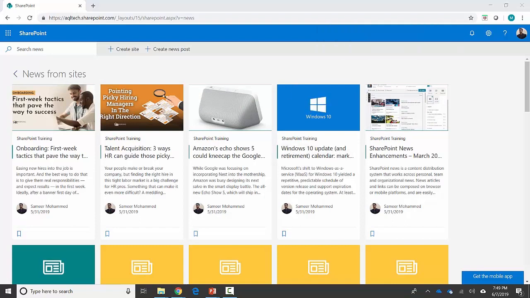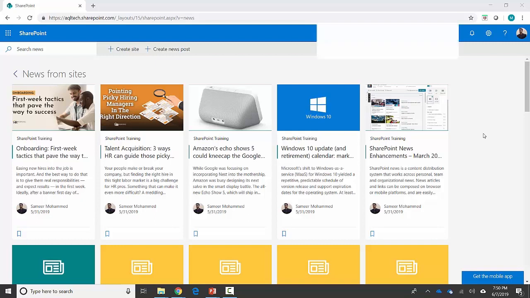Organizations use news to reach their employees to keep them up to speed with everything that's going on, which includes important events, new procedures, or just daily news. Every news item that you see over here is a site page. It's indexed by SharePoint Online and presented on the SharePoint homepage 10 to 15 minutes after it has been published on a site. Also, this news is what we call security trimmed, meaning that it's only visible if you have access